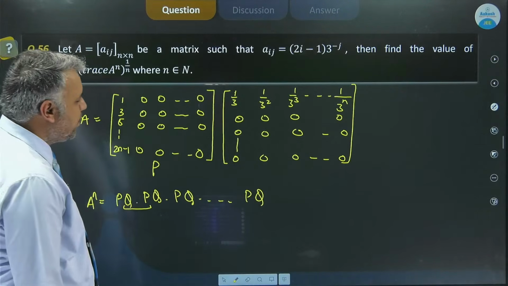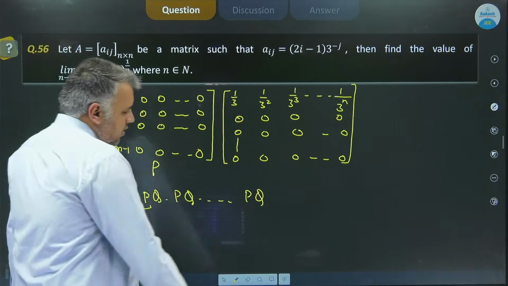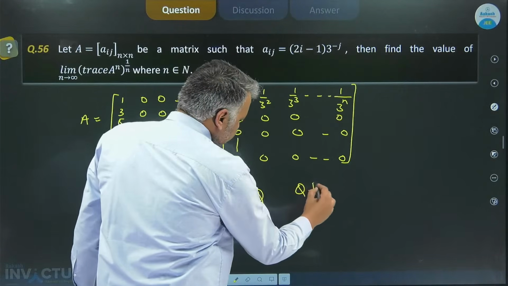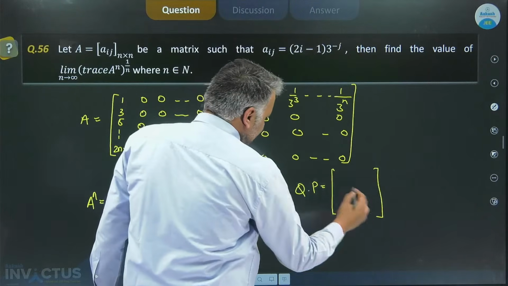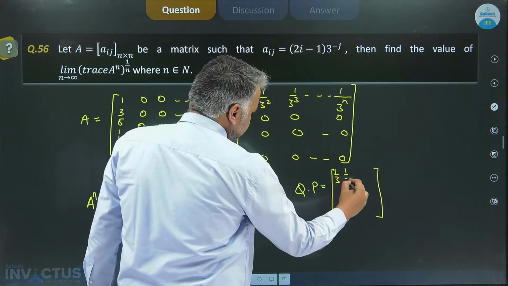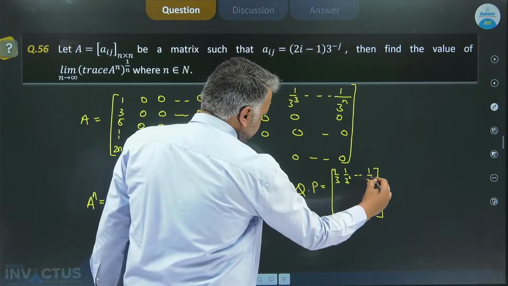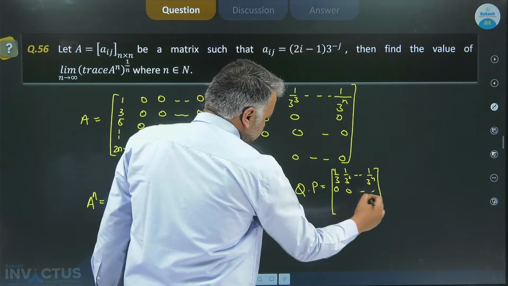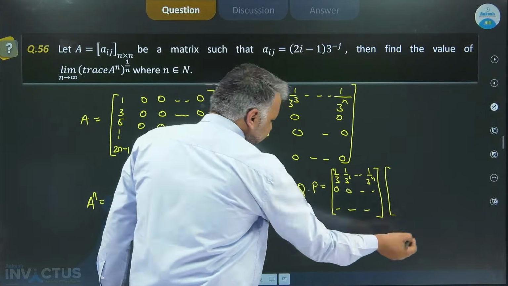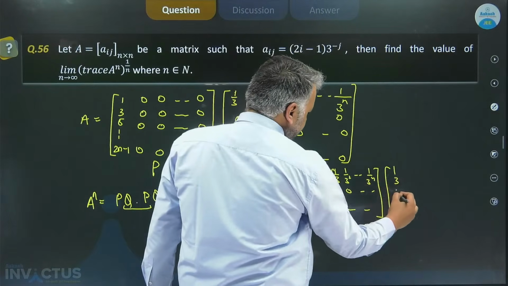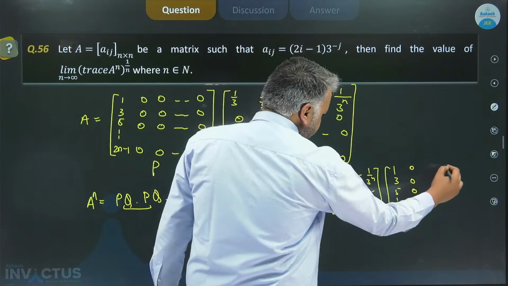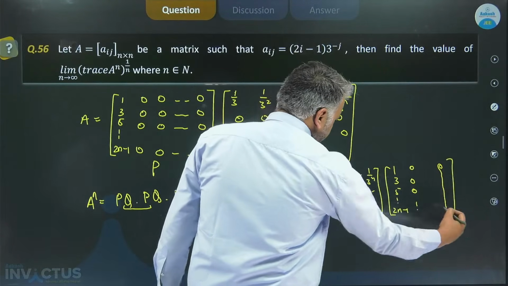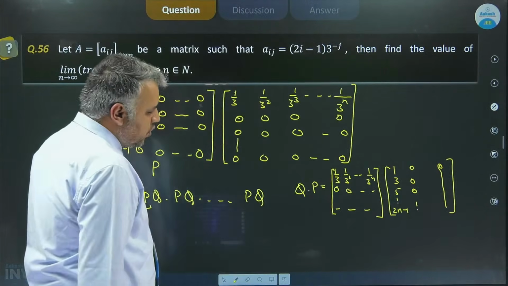If I talk about QP, Q into P, that will be 1 by 3 square up to 1 by 3 power n, all other entries are 0, multiplied by 1, 3, 5 up to 2n - 1, all other entries are 0, of P. So QP will be